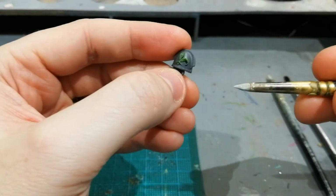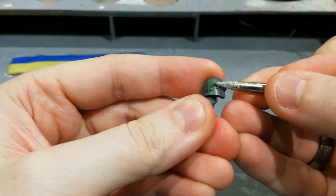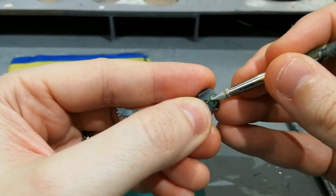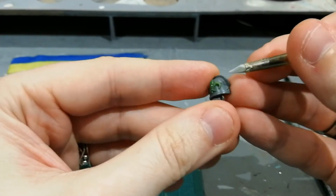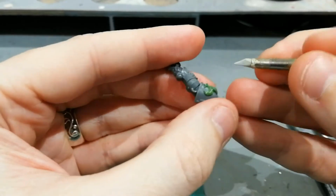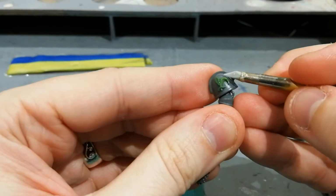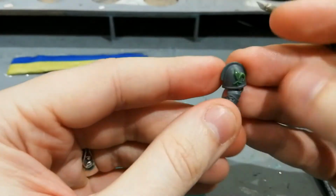Now with the bladed tool, I'm going to try and use the rounded side to hook it up, and then try and pat it down. And then hook it up and try and pat it down. Now I can use the edge of it to push in between the centre part and this curled part, and then I can use the rounded side to add a bit of curl into the middle. Now the first one you do, it's not so bad, it's just the second one, trying to get it mirrored the other side. So